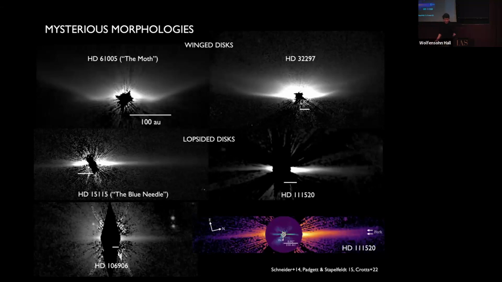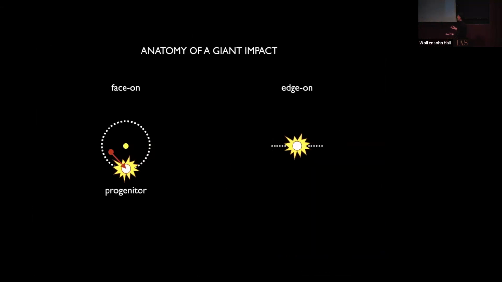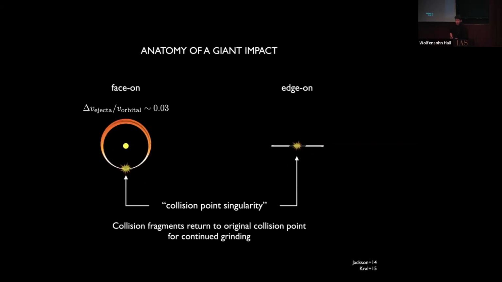I can get one by appealing to the catastrophic disruption of a body, right? Which will spew out debris. That debris will differentially rotate, smear itself out into a ring. And here's the thing, that ring has a pinch point on it, right? Because all the debris sprays out from that collision point, has some velocity dispersion, but what goes around comes around. So it's going to come back again and all meet at the same place that it started. Not all at the same time, of course, because they all have different periods. But that's where the streamlines will reconverge.